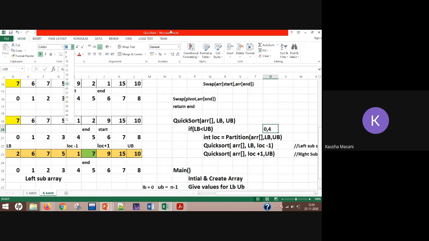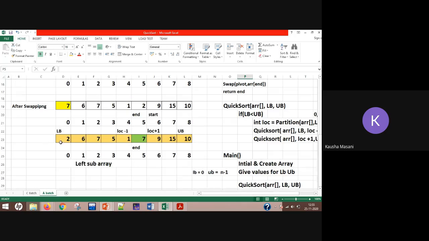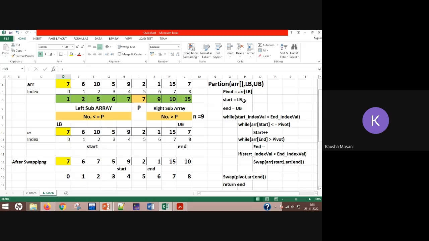ठीक है, अभी पार्टीशन यहाँ पे कॉल हुआ है। ठीक है, क्विक सॉर्ट में यहाँ पे पार्टीशन कॉल हुआ with the lower bound value as 0, upper bound value as 4 and that is for your left sub array। तो लेफ्ट सब एरे के लिए अभी पाइवट एलिमेंट क्या हो गया, लोअर बाउंड, ARR ऑफ लोअर बाउंड। ठीक है, तो लेफ्ट सब एरे के लिए यहाँ पे ये फिर से हो गया, जो उसका फर्स्ट एलिमेंट है वो फिर से उसका पाइवट एलिमेंट हो गया। ठीक है, स्टार्टिंग is 0, यहाँ पे ये 0 हो गया, एंड के लिए क्या हो गया, 4 हो गया।